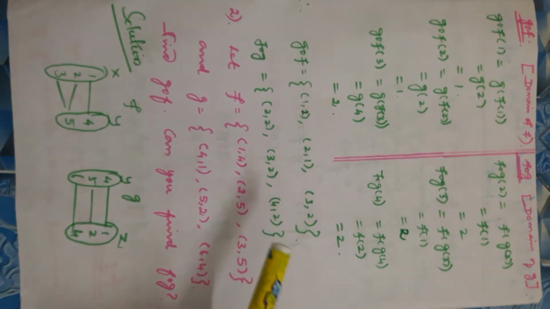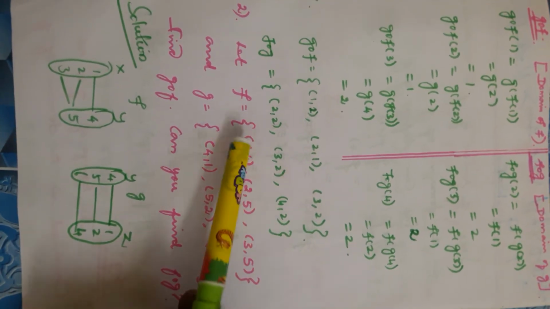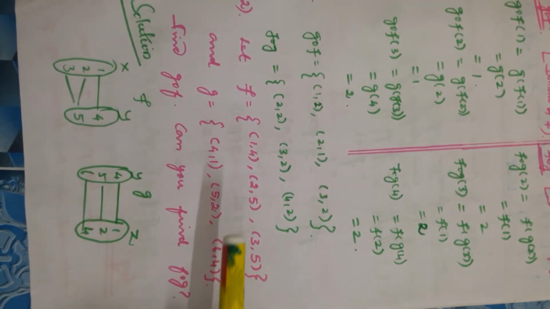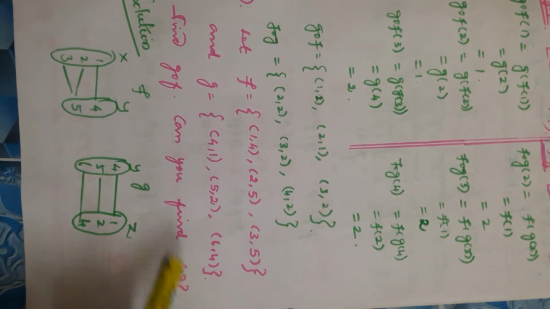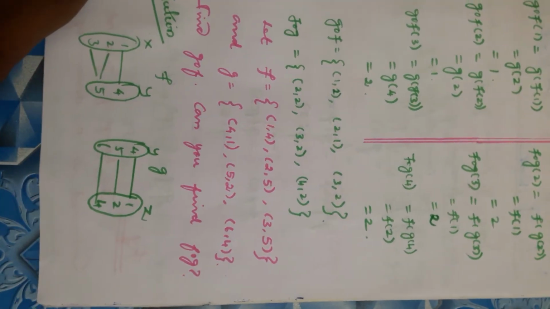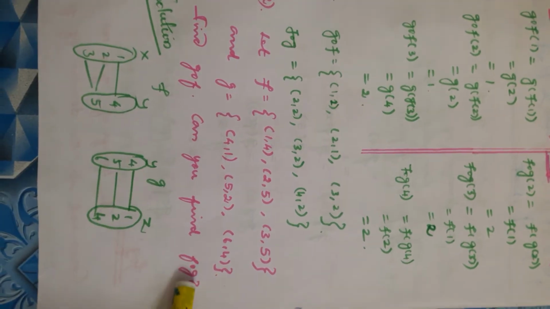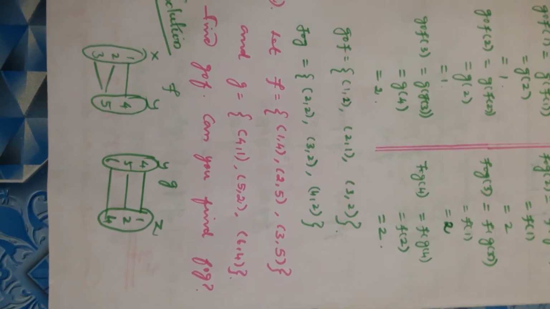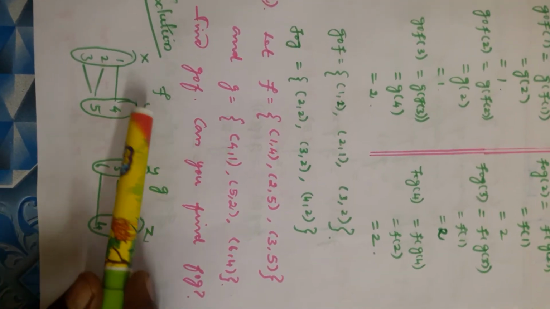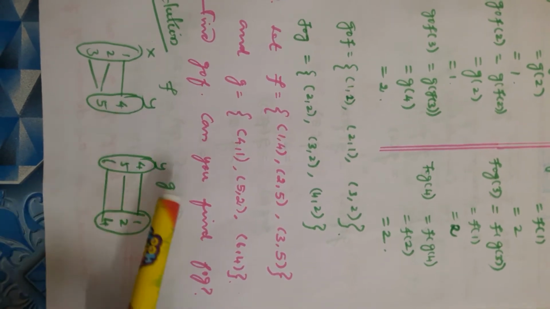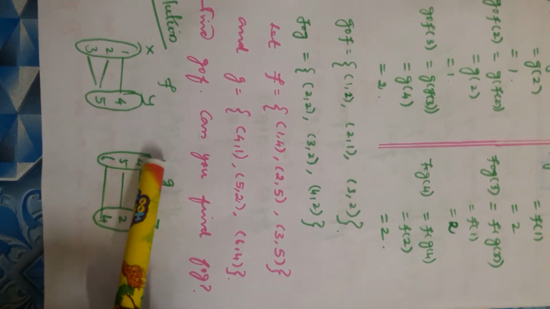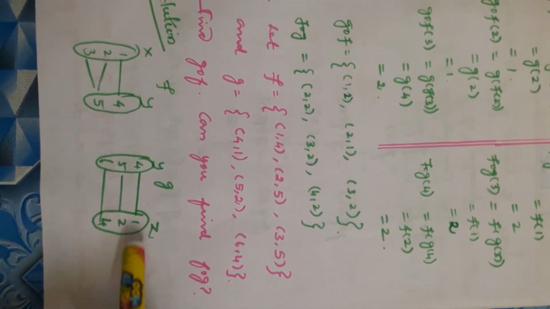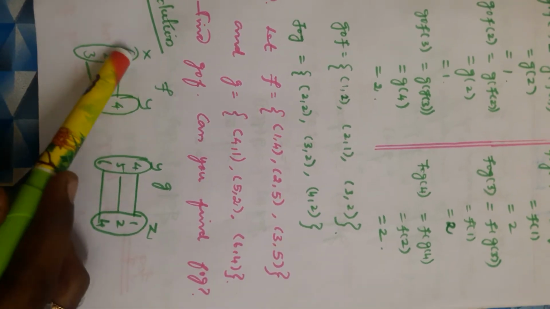Now the next one will be again the same type of question. You have the f value as well as the g value. Find g ∘ f. Can you find f ∘ g? What you have to find? f ∘ g we have to find. So how to find f ∘ g? Again I have given you the map, but in the textbook you don't have a map, right? So the range of f is 4, 5, that is in the domain of your g. So g ∘ f is possible, and the range of g is 1 to 4, but here you have 1, 2, 3.